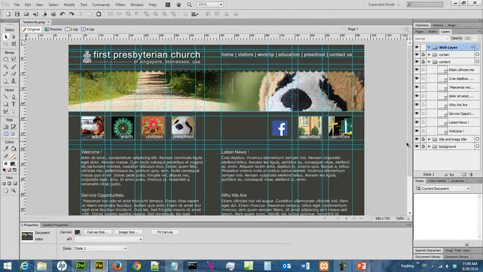I think this is the last step of the index.fw.png creation. The next step would be to export it to see how it looks on the web browser. Okay, so the curtain looks pretty good, and it adds texture to your web page. Save your work,